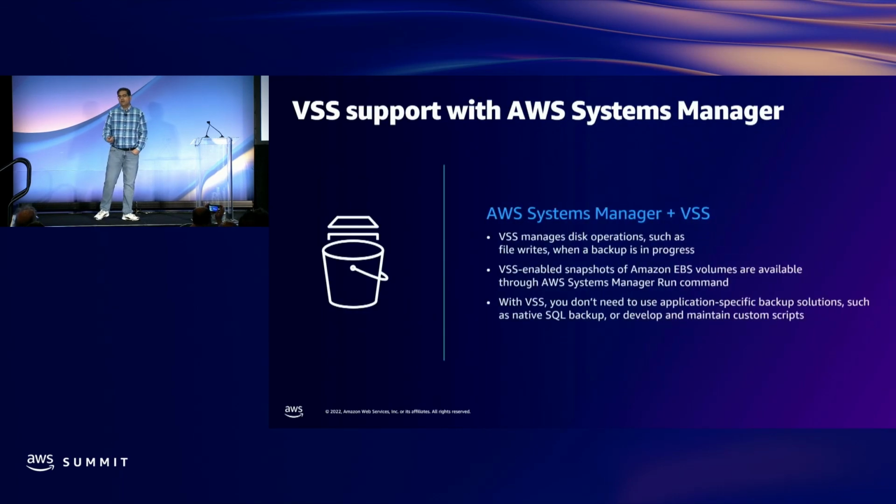So remember I talked about application consistency? With AWS Systems Manager, we have VSS support. So Windows has volume shadow copy, and volume shadow copy supports application consistency without needing application-specific hooks. So if you use Systems Manager run command, you can use VSS-enabled snapshots and take an application-consistent cut for your snapshots attached to that Windows instance. So another super useful capability if you need application consistency for your application.